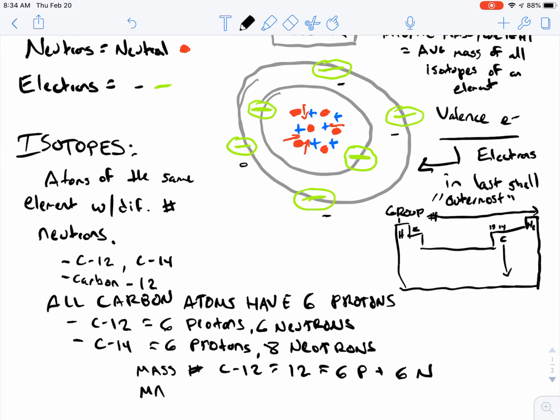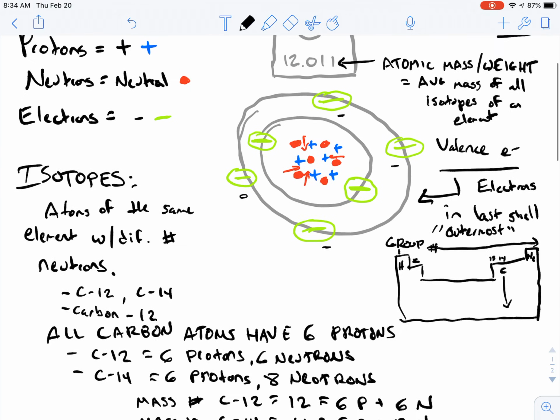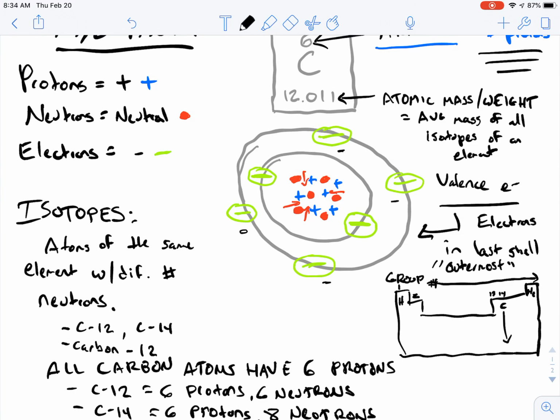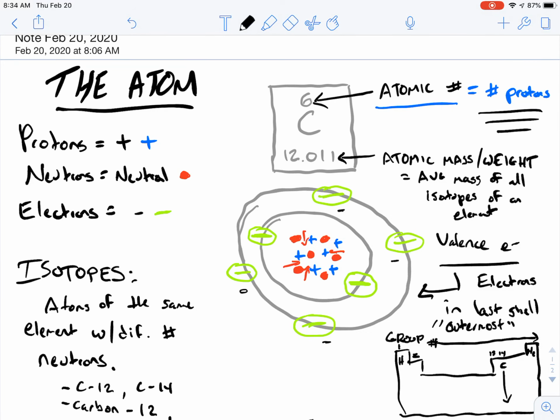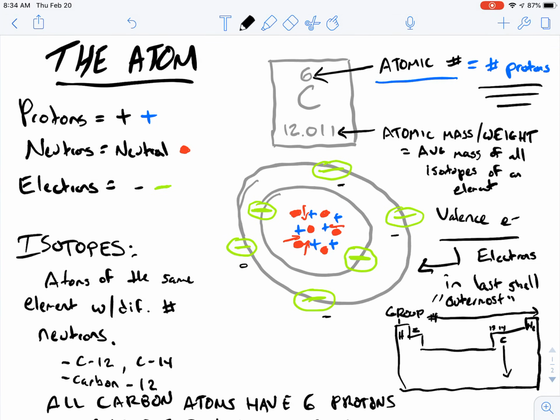Whereas with carbon-14, the mass number equals 14, because we have 6 protons plus 8 neutrons. And that's all for this video. We're going to talk much more in depth about this, but for right now, just an introductory video to get you thinking about